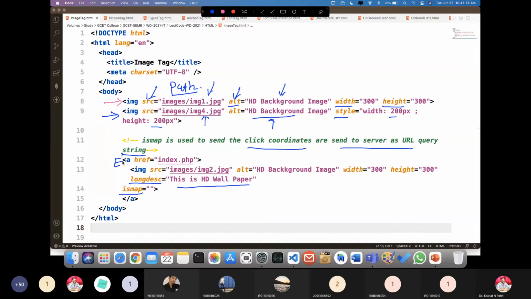Okay. So whenever I'm clicking on that image, where do I need to go? I need to navigate to the index.php page. Right now we do not have any index.php page, right? So it will get some error or we will not get the desired output. But what is our main purpose? Whenever I am clicking on this particular image, suppose this is my image and I am clicking on this